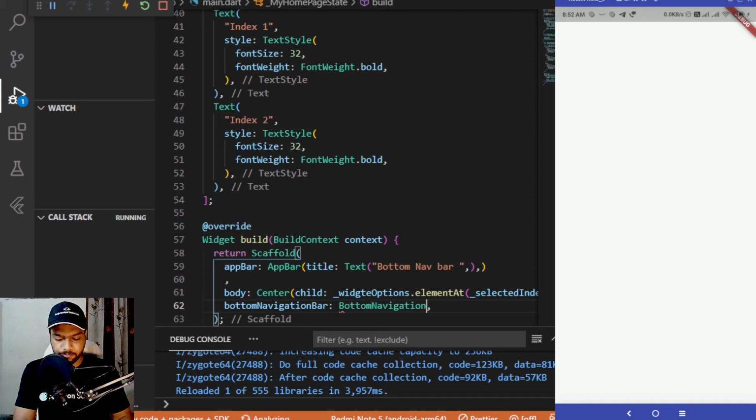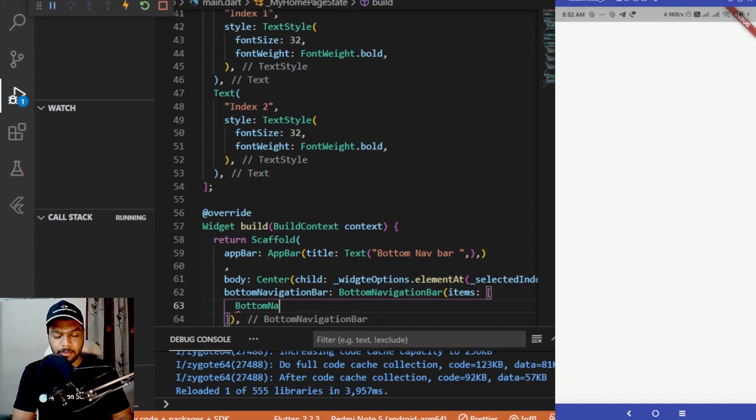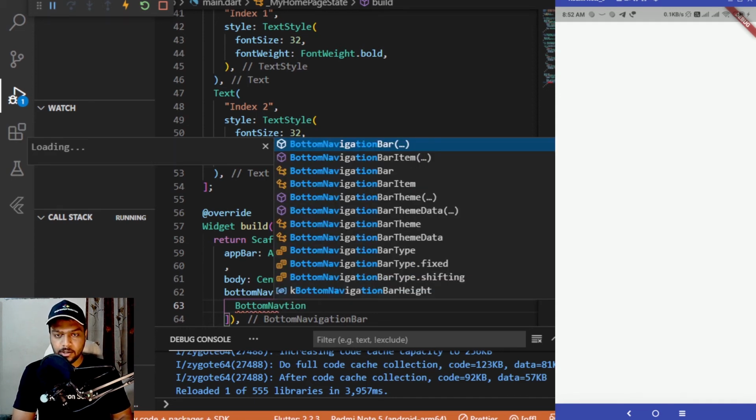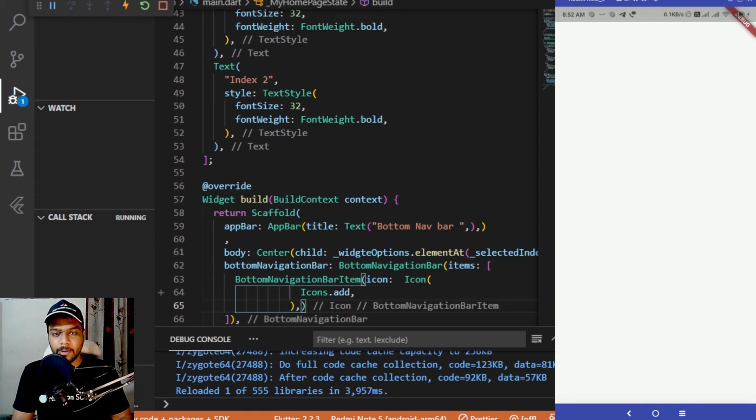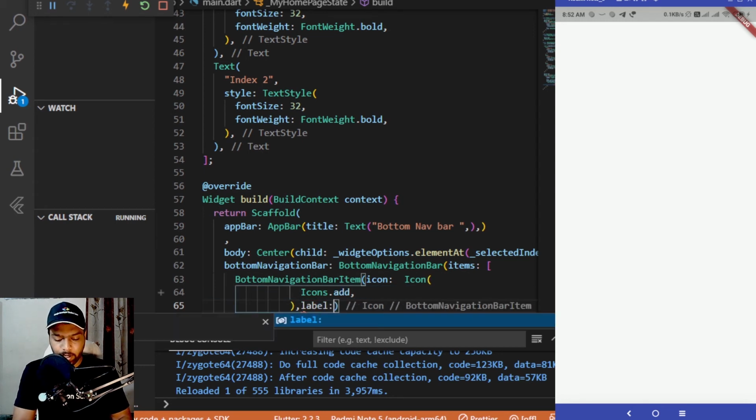So bottom navigation bar, and inside this bottom navigation bar we have to pass multiple items as well. So those items will be displayed in the bottom of the screen, and for the items we can pass a list as an items. So the first item which I'll be passing is a bottom navigation bar item, and this takes an icon at first. So I have already copied those icons which we have used in the previous implementation for the tab bar. So I'm adding those icons over here, and I can also add a label to them. So label would be add for the first one,